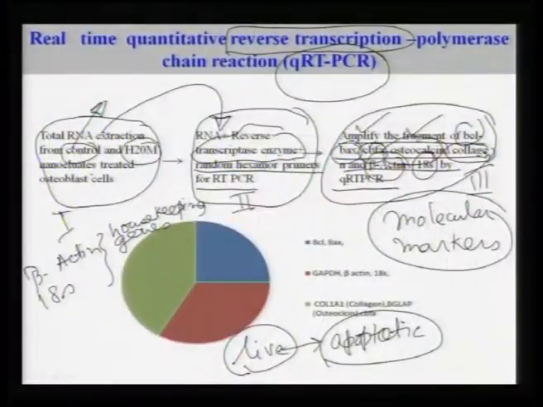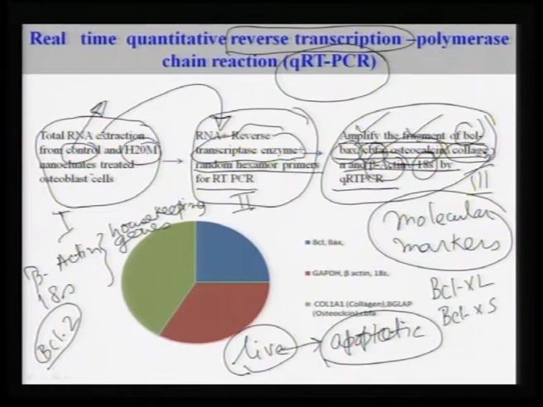Okay. So, in here you have the expression of BCL and BAX, these are different genes, and BCL2 is a class of genes which are activated in osteoblast cells. Now, in the BCL family you have different genes, that is the BCL-XL gene, and you have the BCL-XS gene. Now, BCL-XS is the gene which is called pro-apoptotic. Pro means what? It will help in the apoptosis process. BCL-XL is called an anti-apoptotic gene.